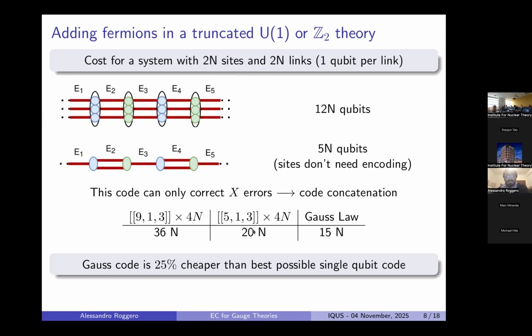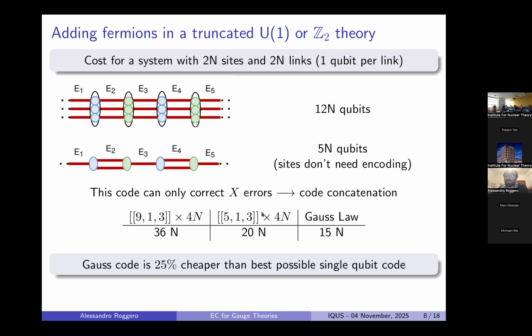So it's not difficult to see that the gain in this more generally interesting situation is much larger than before. If before we were winning like 10%, now it's 25% in memory. With respect to the best possible single qubit encoding, where by single qubit encoding I mean we are using a 513 code for exactly every qubit that we have over here. Now, one of the nice things about this one is that on top of being